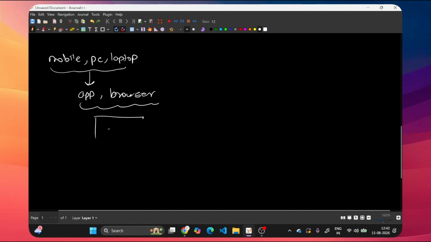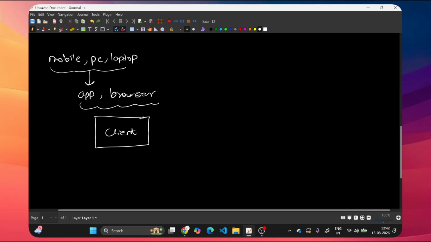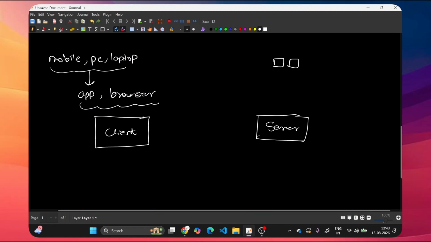Okay, so we got the idea of what are clients. And there is also a server, which is a distributed computer network. Just imagine various computers talking to each other by a network,